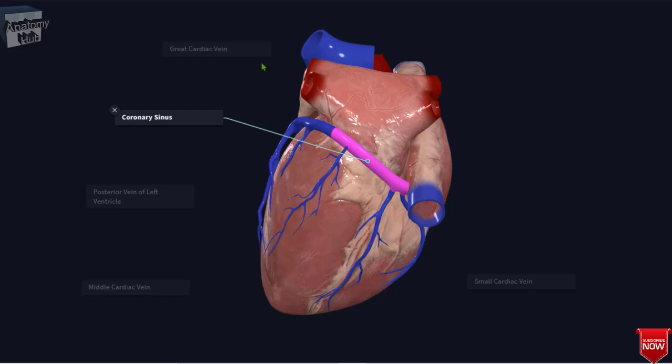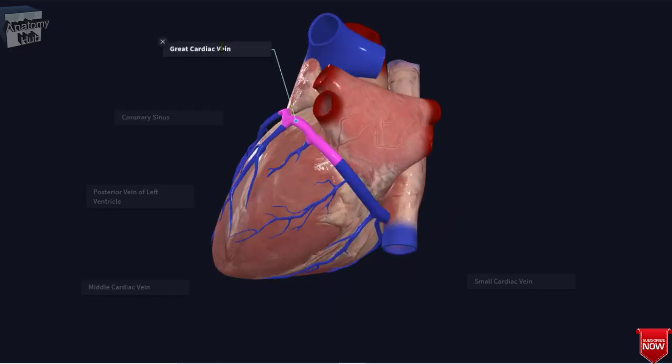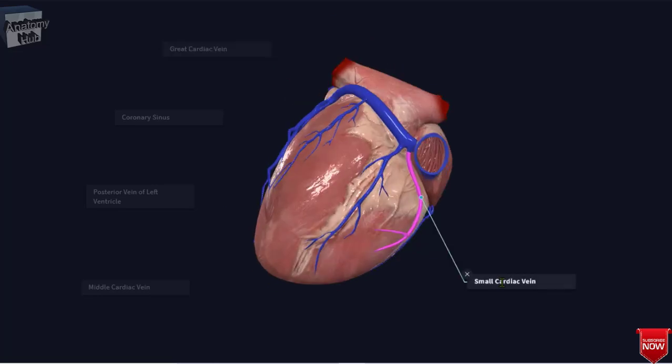That is your great cardiac vein that you can find over here, the main tributary, and it originates at the apex of the heart and follows the anterior interventricular groove into the coronary sulcus and around the left side of the heart to join the coronary sinus. You will find the small cardiac veins that you can see here. These small cardiac veins are also located on the anterior surface of the heart, and this passes around the right side of the heart to join the coronary sinus.